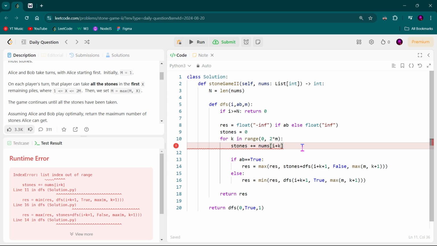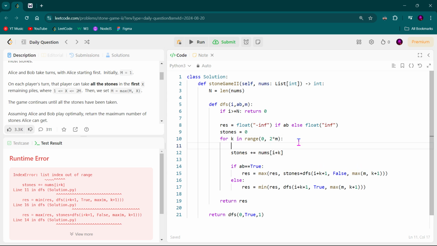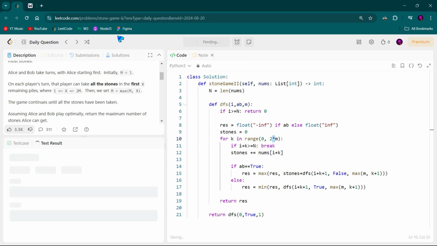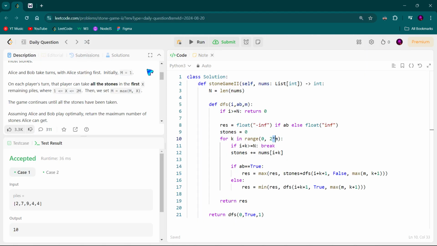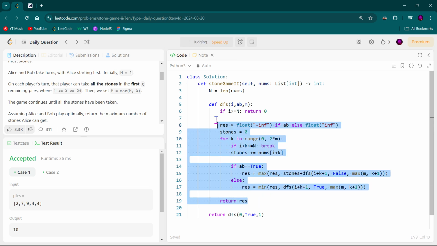There could be a chance of going out of range if i plus k is greater than or equal to n, right? Okay, so yeah, it is moving perfectly, but this will give a TLE because we are using repeated